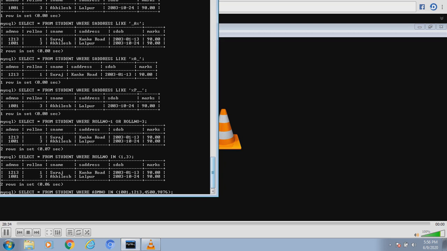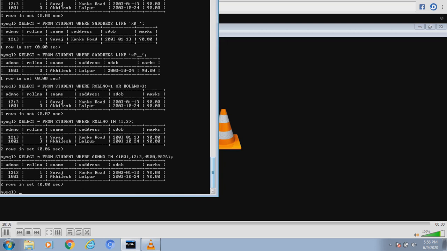No problem. See? So the computer is not going to show an error that you have given 4500, 9876, it is not in the list. Computer only checks the things. If it is in the list as well as in the table, it will display. Otherwise it will not display. It will ignore things which are not there in the table but in the list.